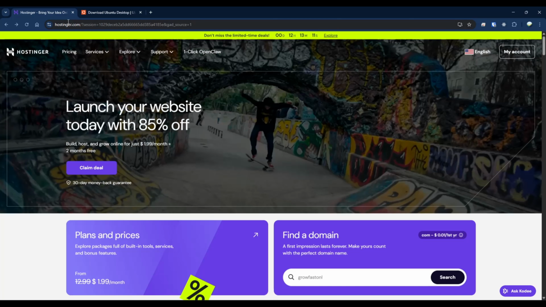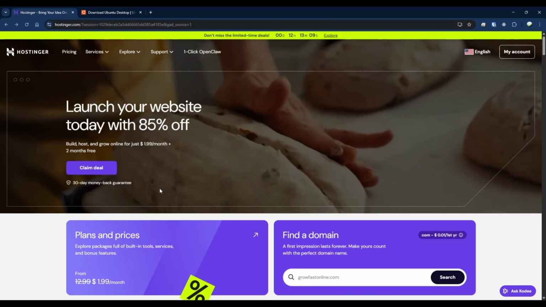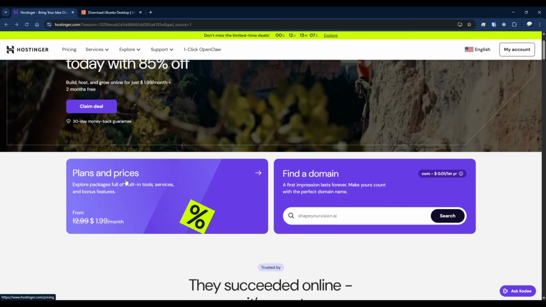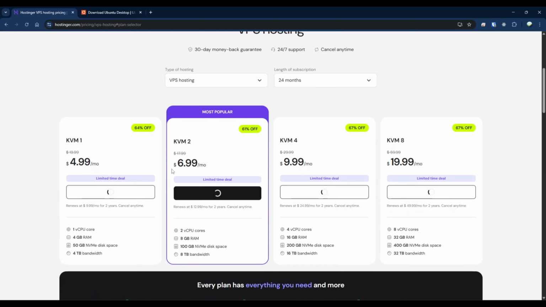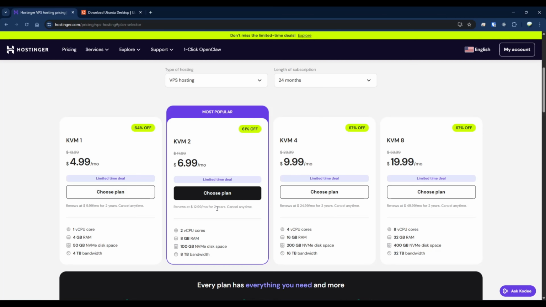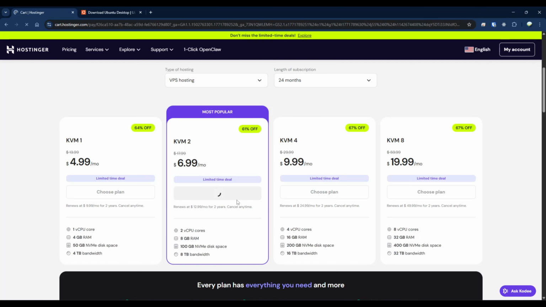But anyways, if you go to hostinger.com, you'll be taken to their main site right here. You're going to select plans and prices. And right here, you're going to select VPS hosting. Now you have the different options here. You can just pick the plan. And if you go choose plan,